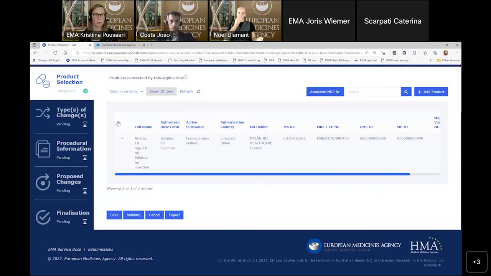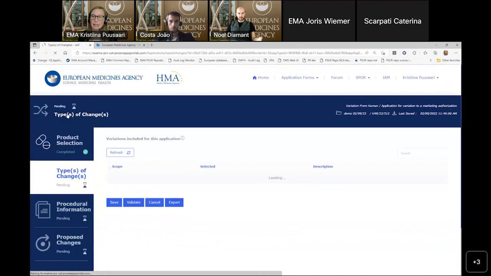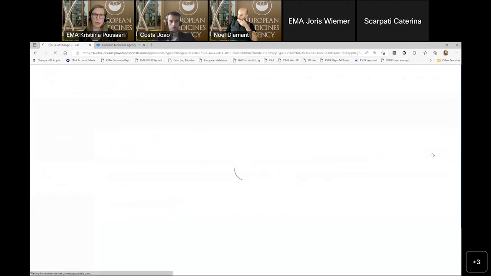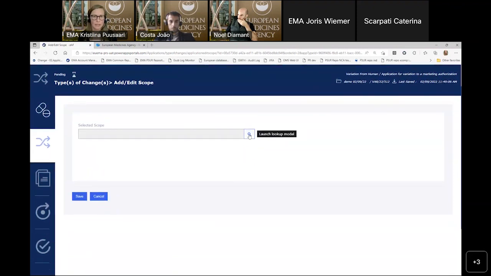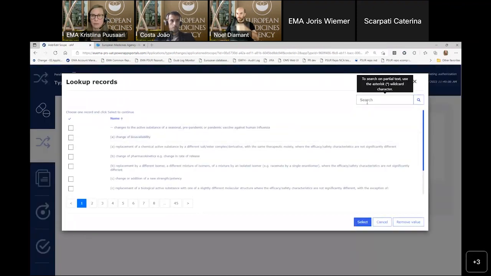We've done what we need to do here. We're then moving to adding the scope for the change. Here, for the first time now, you will see what I would consider a major improvement. So instead of going through multiple drop-down menus, which was quite tedious and very slow, at least in my view, we now have